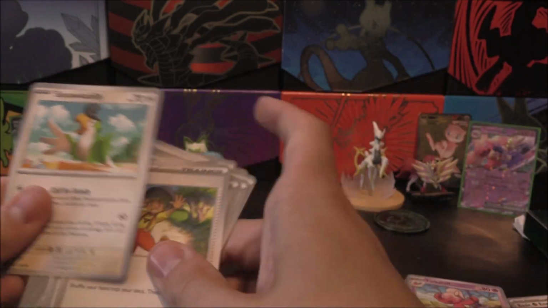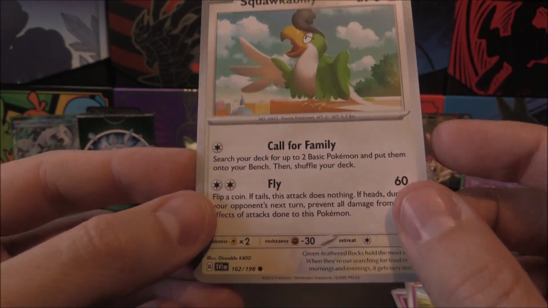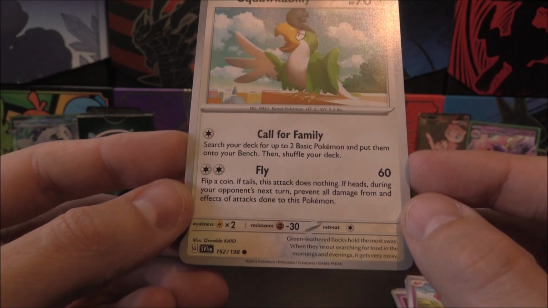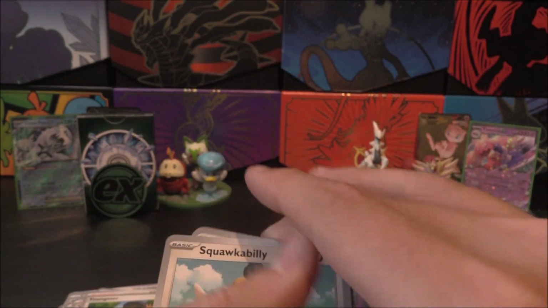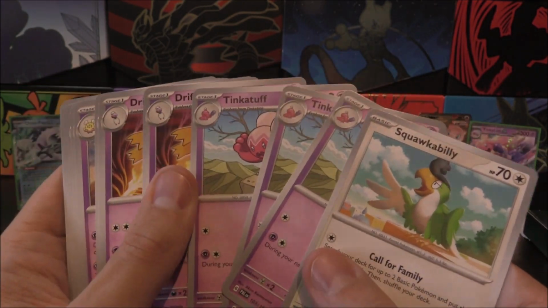Right, okay, I see what's sort of happened here. Squawkabilly, so this is definitely your sort of like, if you do get this in hand, just use the Call for Family and then get this out of there as quick as possible. You're only going to go for that basic Pokemon one. Apart from that, mainly you would want to be going for your whole line to get up to that Tinkaton